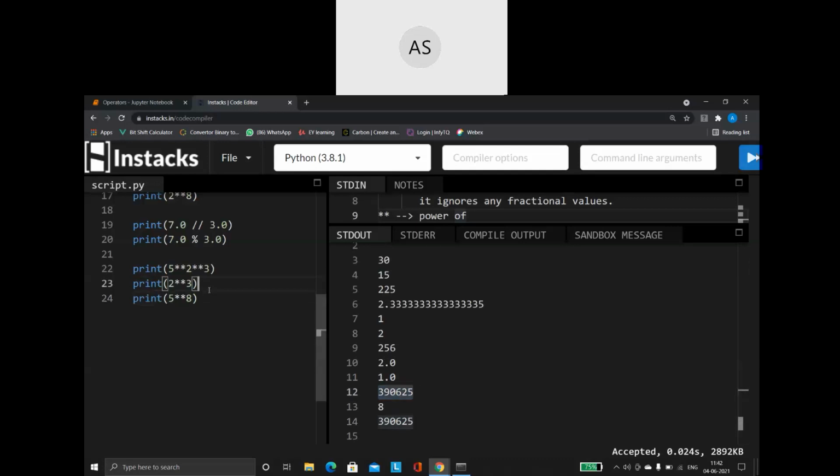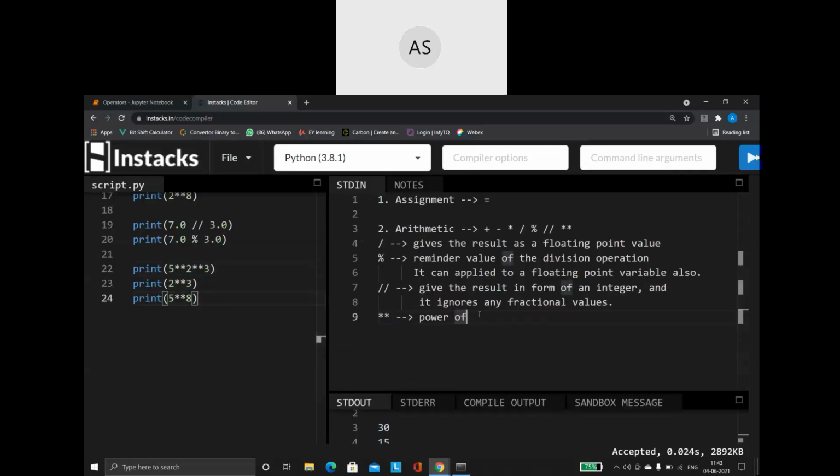So please understand, this is the additional point you have to know with regards to the exponent operator. Whenever we have more than one exponent operator in one particular expression, the evaluation will always happen from the right hand side to the left hand side. So first this operation will occur. The result of this operation will be substituted in this place, based on which the next operation is going to occur for us. So these are all the important takeaways that we have to remember with regards to the arithmetic operators.